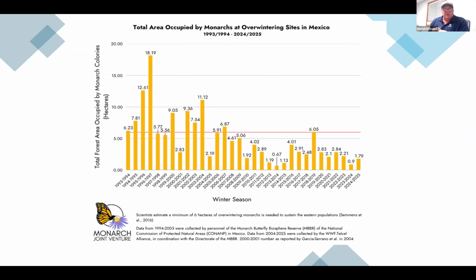They migrate down to a forested tract in central Mexico, and they roost in trees and completely cover the trees. Back in the mid 90s, they were covering 18 hectares, let's say 40 acres of land area. Now that's roughly 4 acres, a little over 1.5 hectares, 3 to 4 acres is all it's covering. So they've been on a significant population decline,